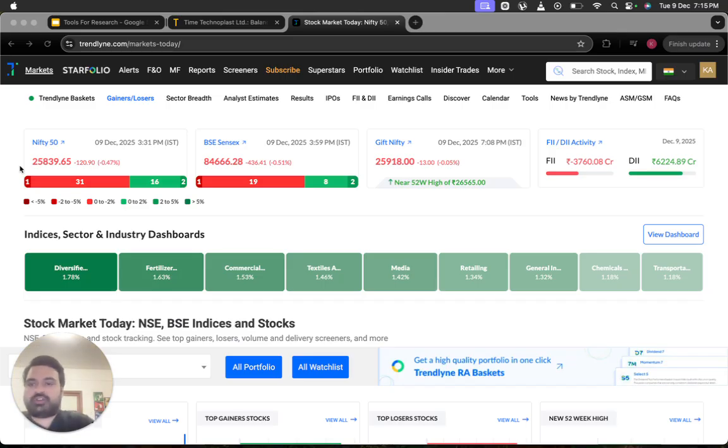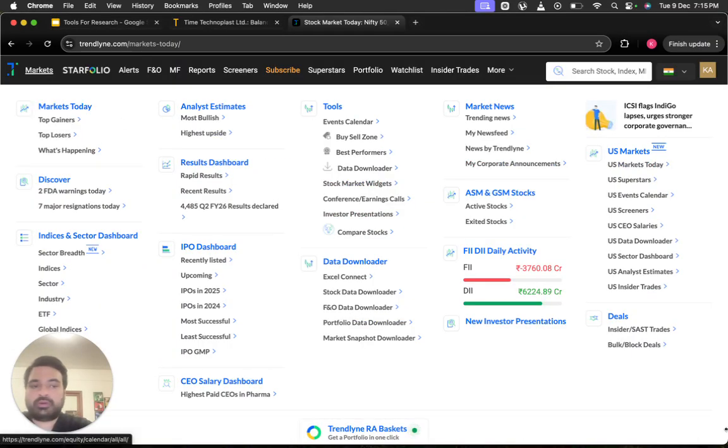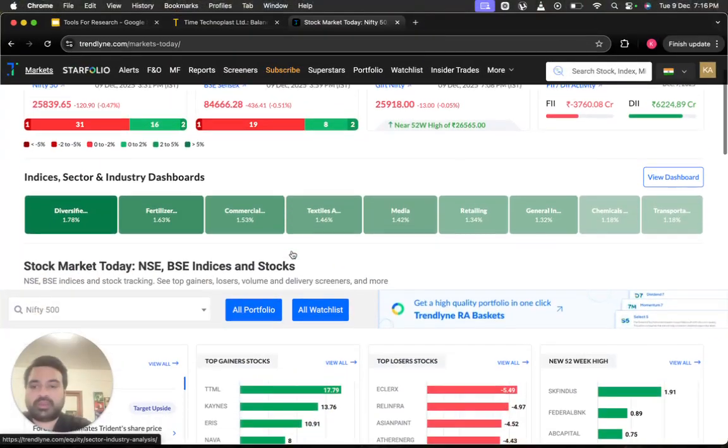Our next tool is Trendlyne. Trendlyne is also, again, very similar in some features to what's available in Screener and in Tijori. Some features are very unique. So you can use what suits you and what is easier and more convenient for you from various platforms. You can do a mix and match. You can just use one of them, two of them, all three of them. It's entirely your call. So on Trendlyne, this is the home page.